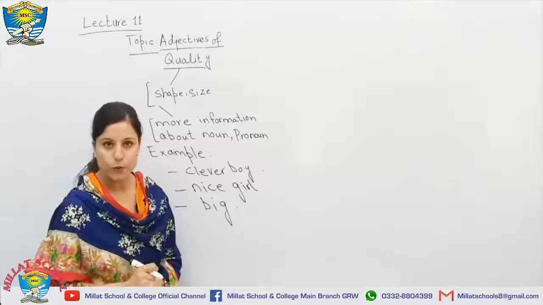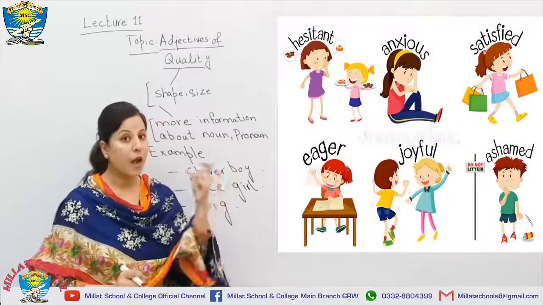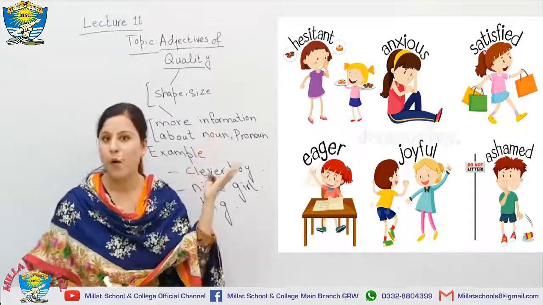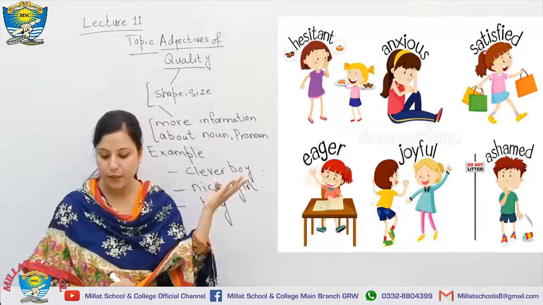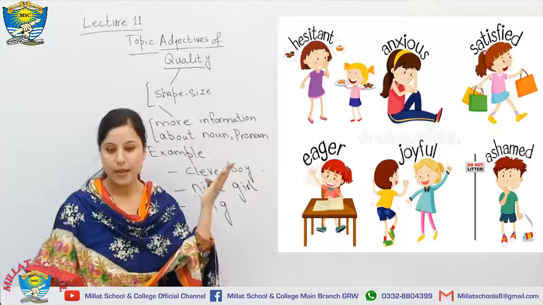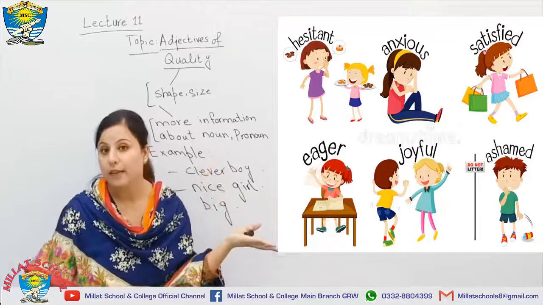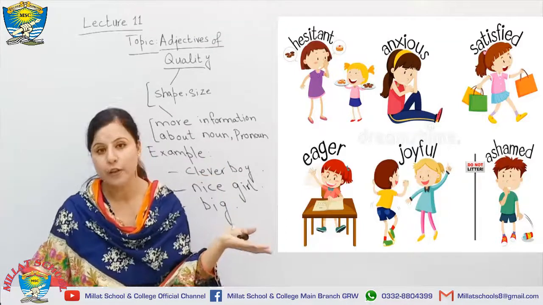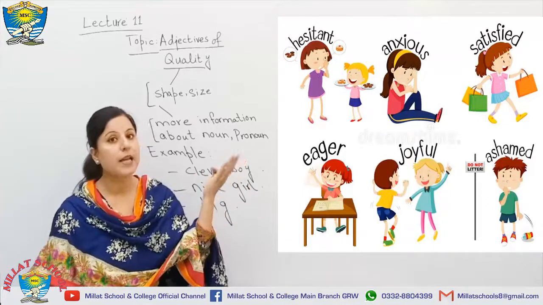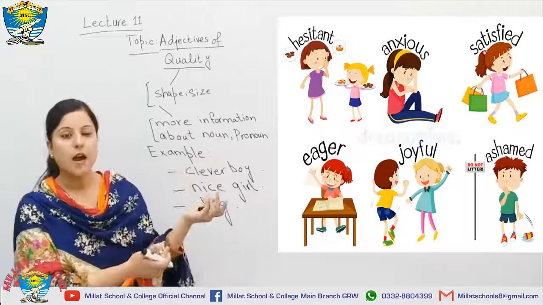Yes. So let's move to the next category, that is of the image. See this image and pick out some of the adjectives of quality. See what the boys and girls are doing. See it carefully. A boy is hesitant. Next is anxious, satisfied, eager, joyful, ashamed. These all the examples tell us a quality of these people, that these boys and girls are feeling